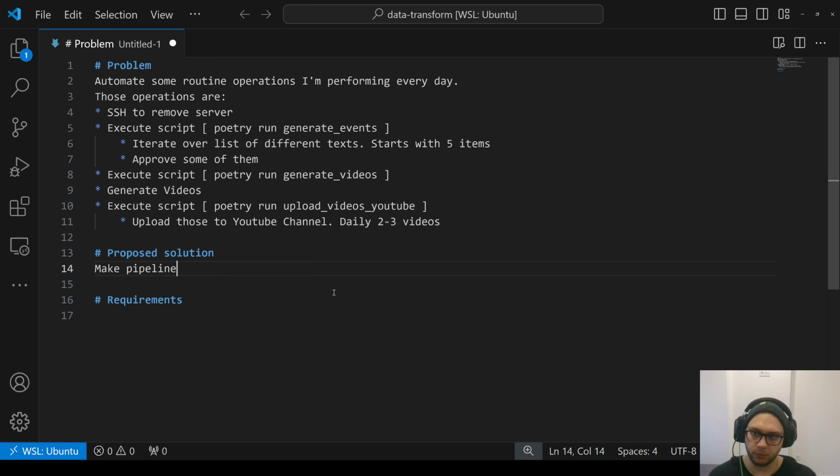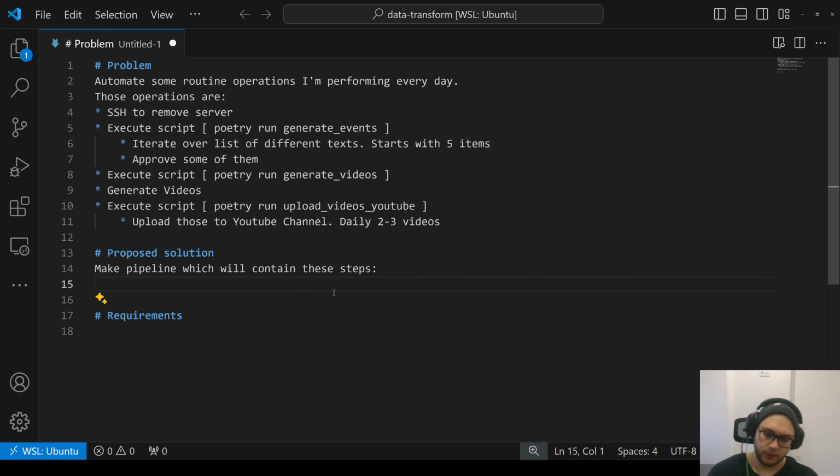Make pipeline, which will look like, maybe which will contain these steps. First, fetch 10 texts from,